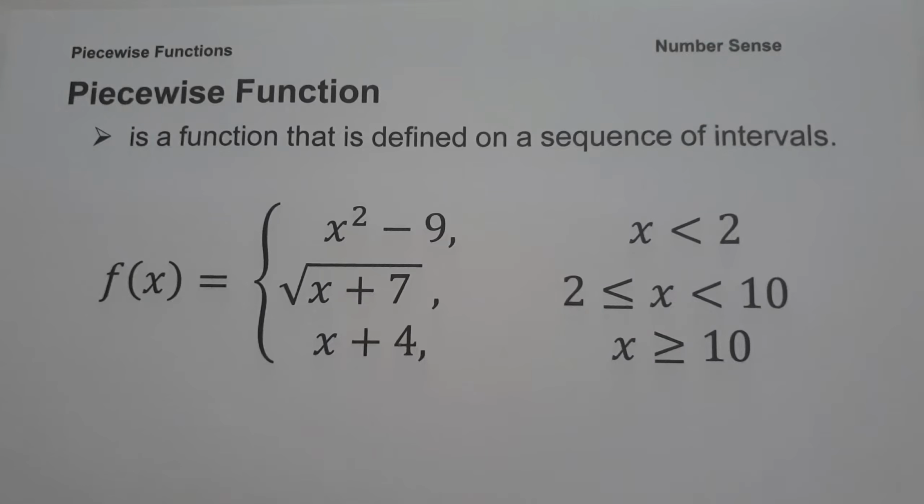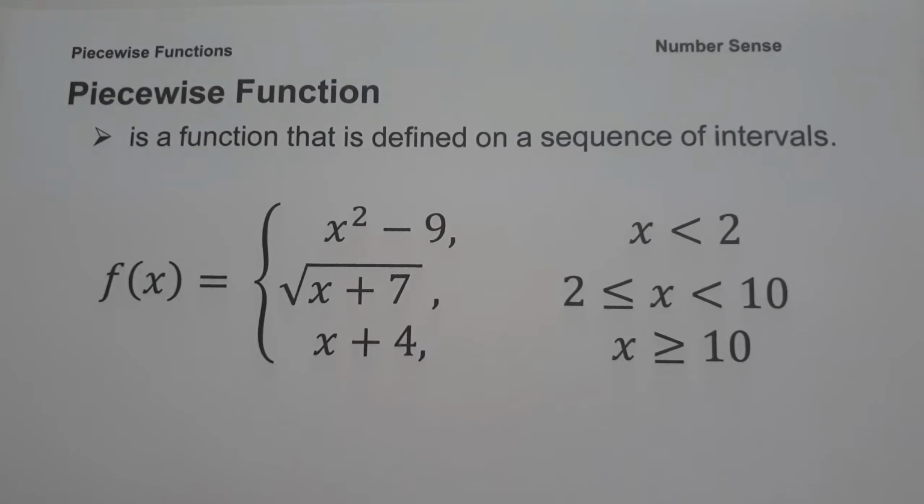For today's video, we are going to talk about how to represent piecewise functions, and we are going to explain everything in detail. When we say piecewise function, it's a function that is defined on a sequence of intervals. For example, f of x is equal to x squared minus 9 if x is less than 2, f of x is equal to square root of x plus 7 if x is greater than or equal to 2 but less than 10,